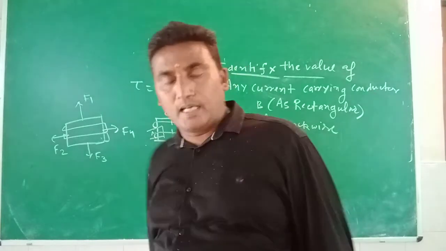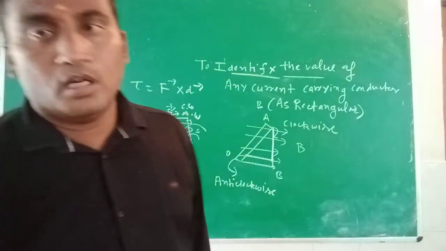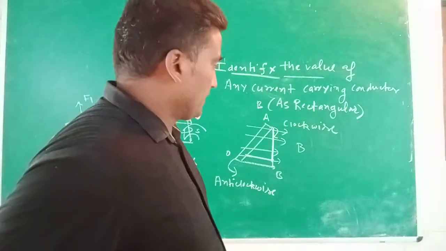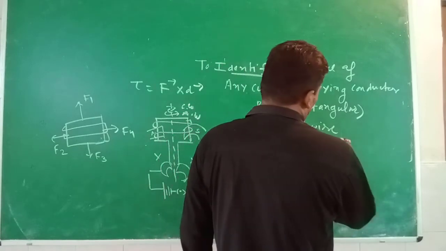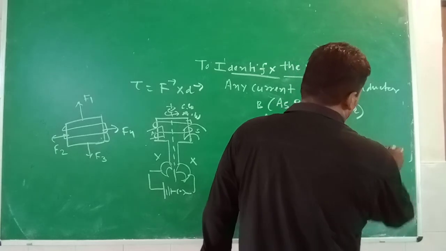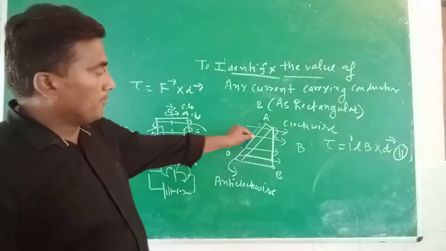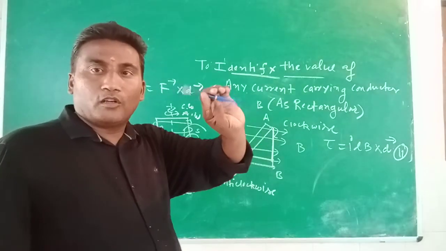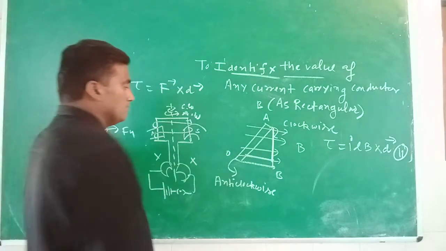Because of the principle of the electric motor, tau is equal to F into D, where F is equal to the applied force on the current carrying conductor. Now the relation is established in this form, tau is equal to I L B, and we identify the value of displacement in the given figure when the rectangular loop, in terms of the current carrying conductor, moves clockwise and anti-clockwise. Then we identify the value of the given relation.